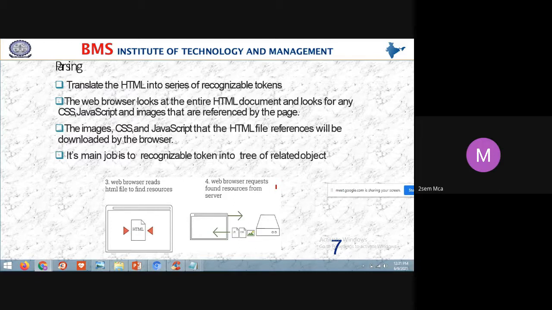If the related information is not found, it will not show any error. Just now I wrote W3E, but we don't have W3E as a resource in the server, so that information is not available. But it will ask, do you mean W3C? If you click yes, then it will display the content related to W3C.